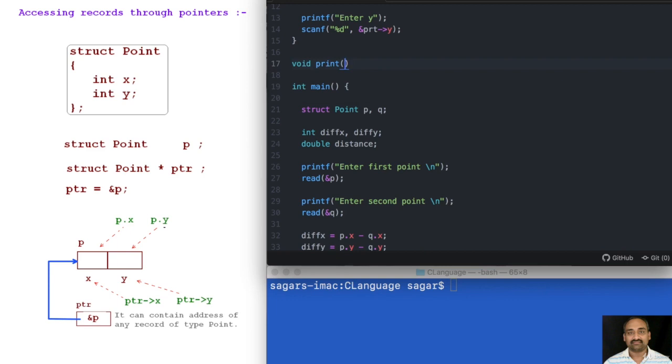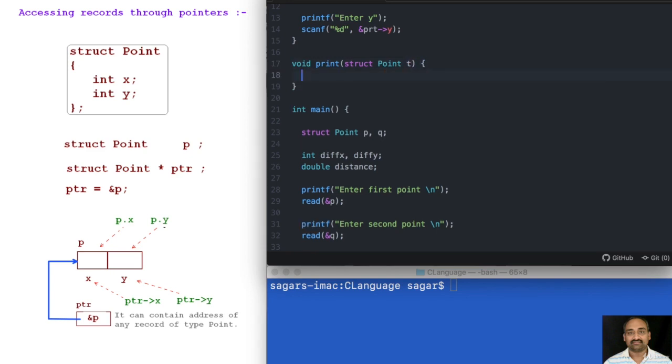Void print, I'll take a structure point, let's say t. Now I will print the values. printf, I'll just put %d comma %d, and I'll print the value of x and the value of y, and I'll print a \n.